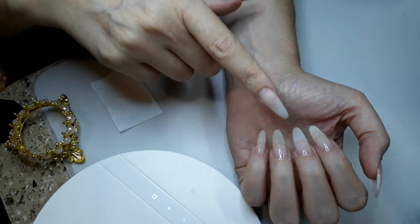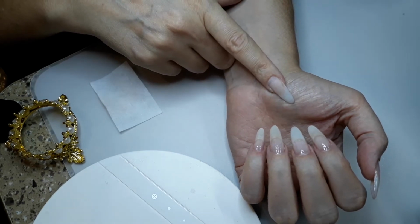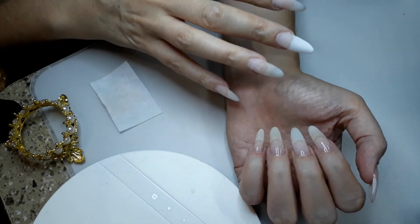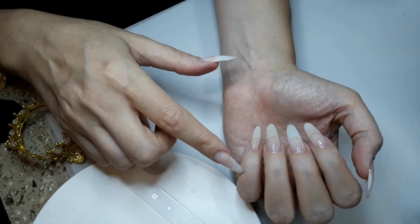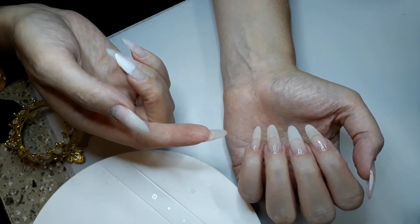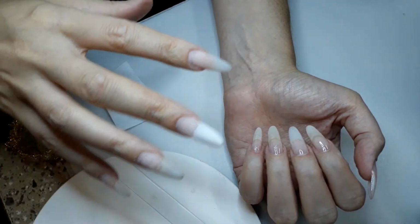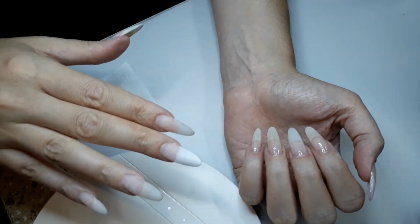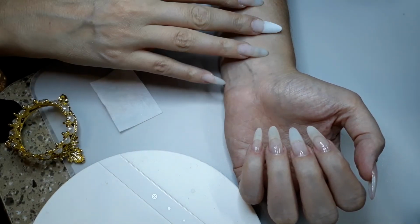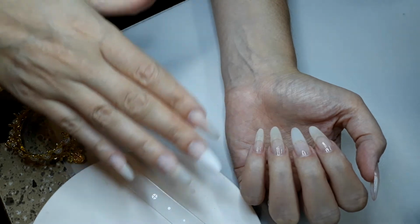Now, there is a sticky layer on this. Unless the gel is formulated to not have a sticky layer, like a no wipe top coat, other than that, all gel cures with a sticky layer. The reason that happens is because when it comes in contact with the air, with oxygen, it doesn't cure. So if you think about water in a lake, when the temperatures dip below freezing, that cold air that touches the top of the lake will freeze the top. But all that water underneath is still flowing. Gel's kind of the same way in that whatever's touching the air on top stays in a semi-liquid state, but